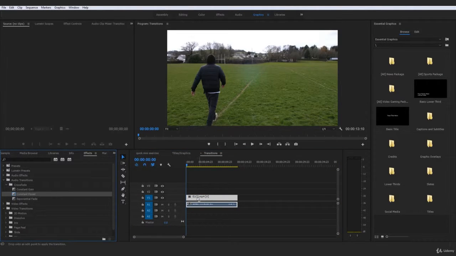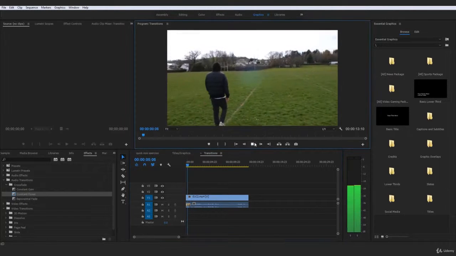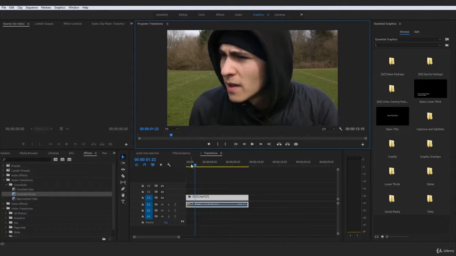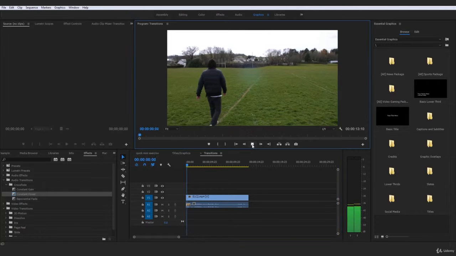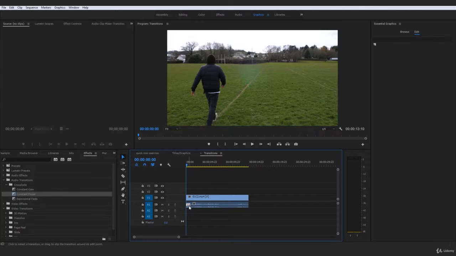If I were to just drag in this constant power, when I now give this a play without talking, you will see a gradual increase in the audio starting from 0 as opposed to starting from the actual audio waves that they say down here. So that is automating a nice decibel increase. So as you see, let me give that one more play. This is a nice fade in of the audio right there,